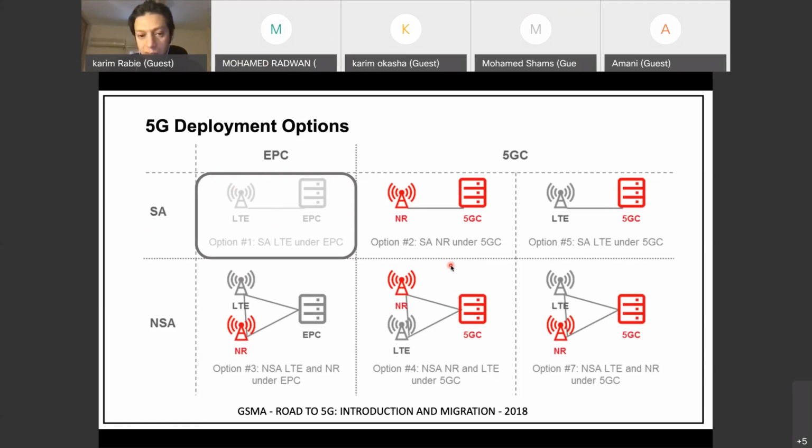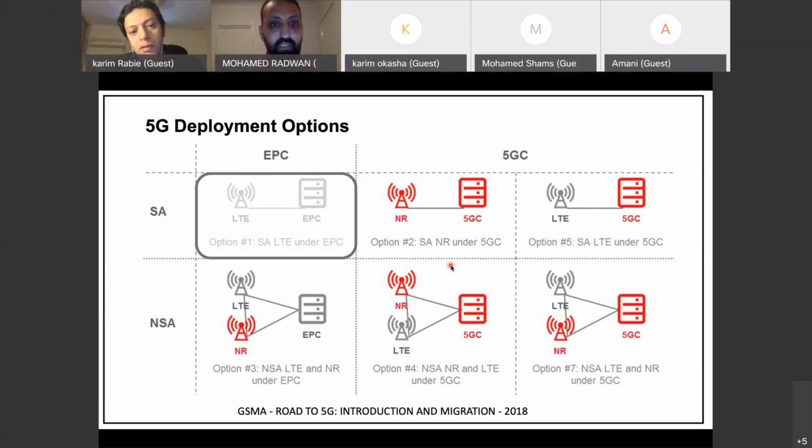For example, option 5 is not that popular, so it's not there explicitly in 3GPP. 3GPP only focuses on option 2, option 3, and then options 4 and 7 added as transient. So some options were dropped because they were not adopted by the community.